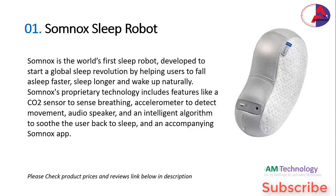Somnox sleep robot, one of the most innovative inventions this year. Somnox is the world's first sleep robot developed to study the global sleep revolution by helping users fall asleep faster, sleep longer, and wake up naturally. Somnox's proprietary technology includes features like a CO2 sensor to sense breathing, an accelerometer to detect movement, an audio speaker, and an intelligent algorithm to soothe the user back to sleep and